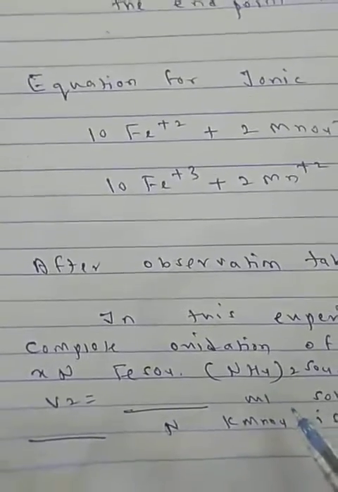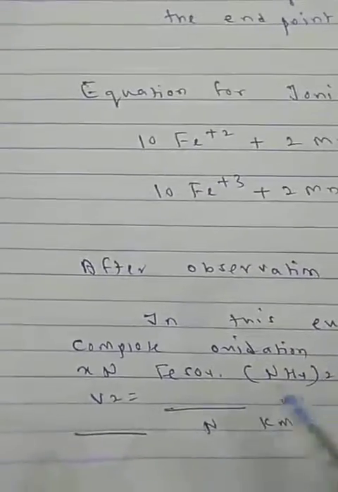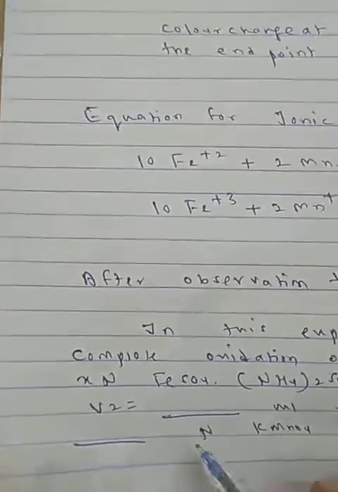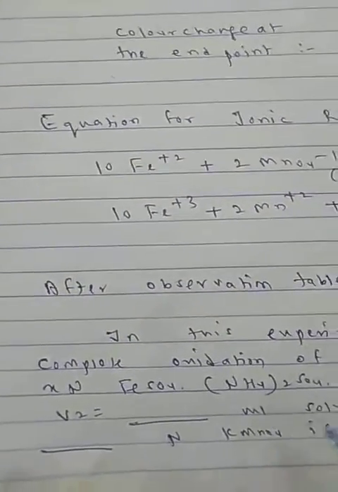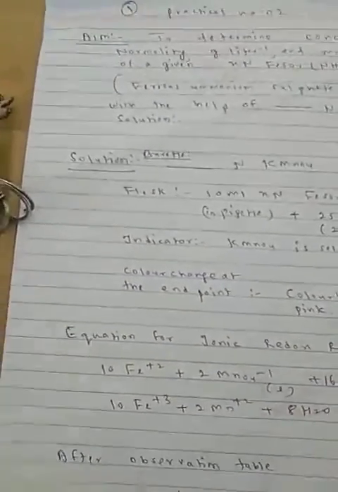When you enter the lab, you will take the reading, and that reading will come after the pilot and 3 readings, and then you have to write the mean. At that time I will give you the normality of KMnO4 that has been given. Okay, follow? So these three things you have to write on the ruled paper on this first side.